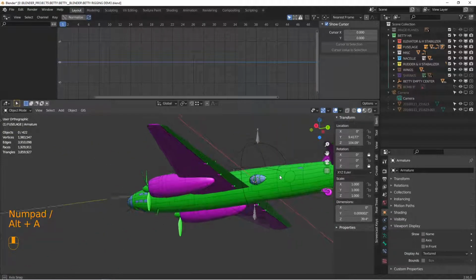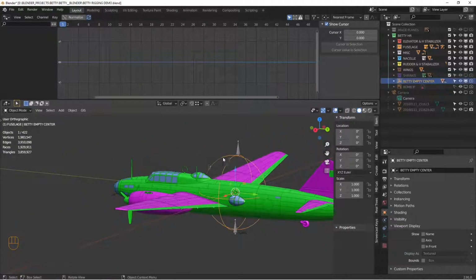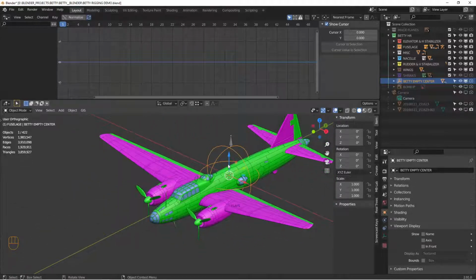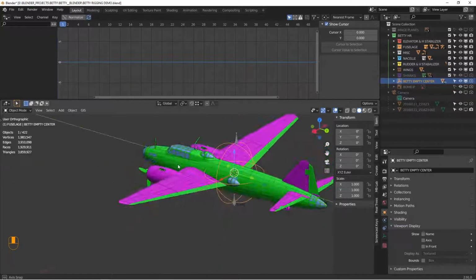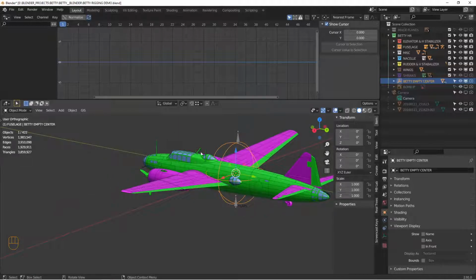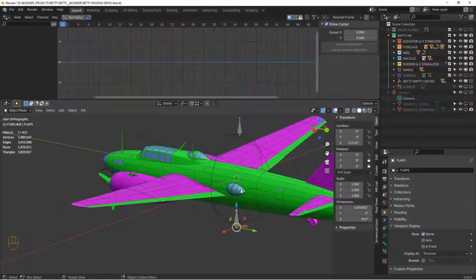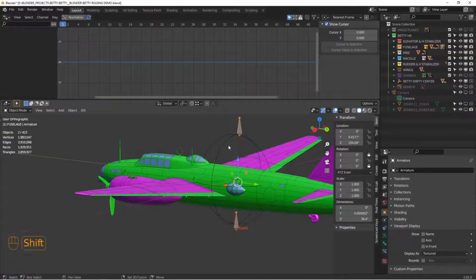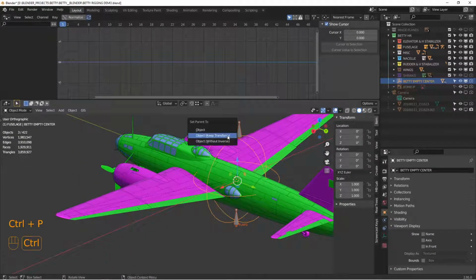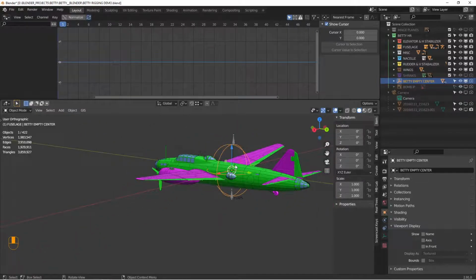I didn't mention this before, but all of my aircraft have a center empty that everything is parented to, so that when I roll the aircraft or move it into other positions, all I have to do is grab this and everything follows it. We can also parent these bones to that so that they follow with us. And now if I move the airplane,